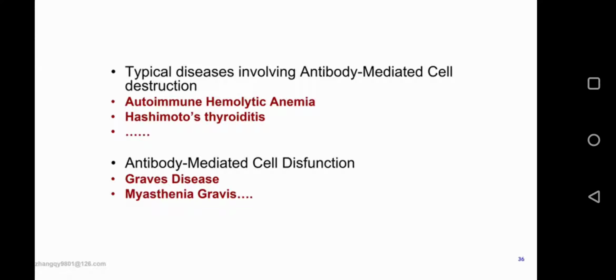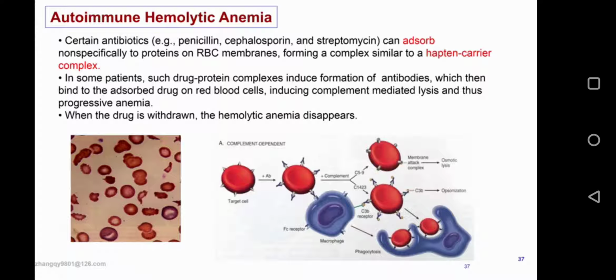Okay, so the other diseases we will tell you later, next week. The other diseases are autoimmune hemolytic anemia, Hashimoto, and Graves' disease. Okay, so this is an autoimmune disease. We have learned about RBC transfusion. We have learned about Rh incompatibility, right? These also cause red blood cell lysis, but the mechanisms are different. Okay, so for this disease, we know that we are using some antibiotics, and the drug can be absorbed onto the red